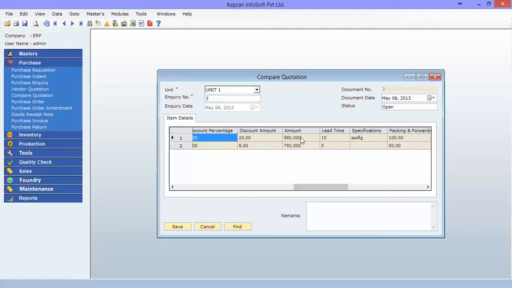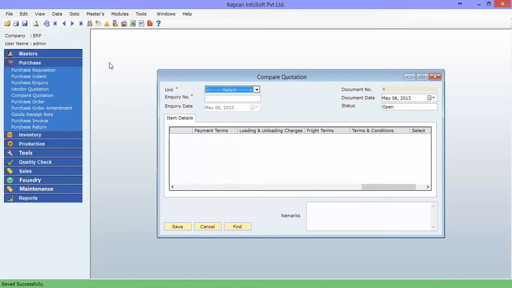So their total amount is 980. Here the total amount is 792 for that particular item. Their lead time is 10. Here 5. Their packing and forwarding, transportation charges, payment terms, all other terms will appear here. Just to choose the vendor with whom you want to place the purchase order, just click here to select, just to save it here,